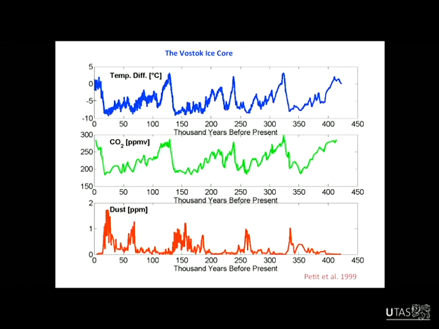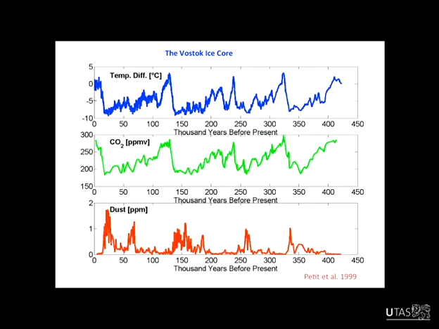In the top panel, we've got a proxy for global temperature. In the middle panel, we've got a proxy for global CO2 concentrations in the atmosphere. And in the bottom panel, we've got dust in the ice core. The CO2 concentration is just the CO2 concentration in gas bubbles in the ice. This temperature is probably from an oxygen isotope proxy. But even though Antarctica, from the map I showed before, gets very low dust input from atmospheric sources, it still gets enough that you can see some dust in these ice cores.